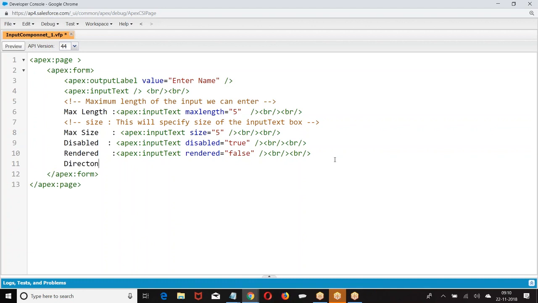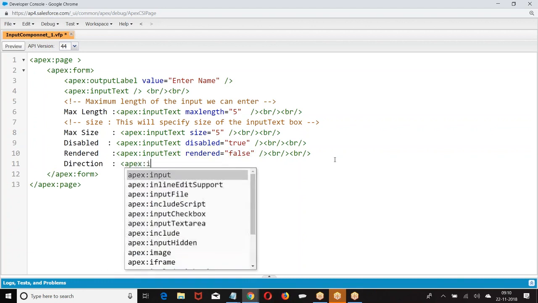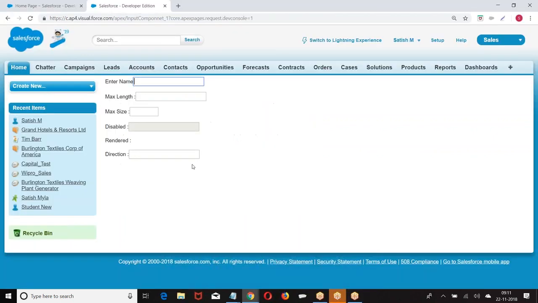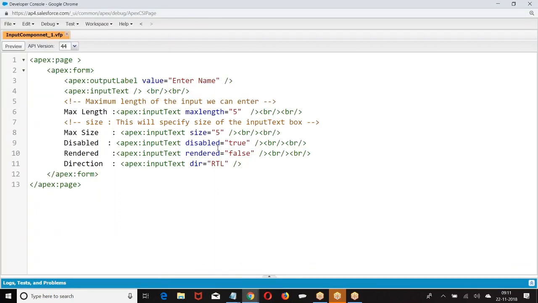Then direction. Direction RTL, right to left. Then we have style.